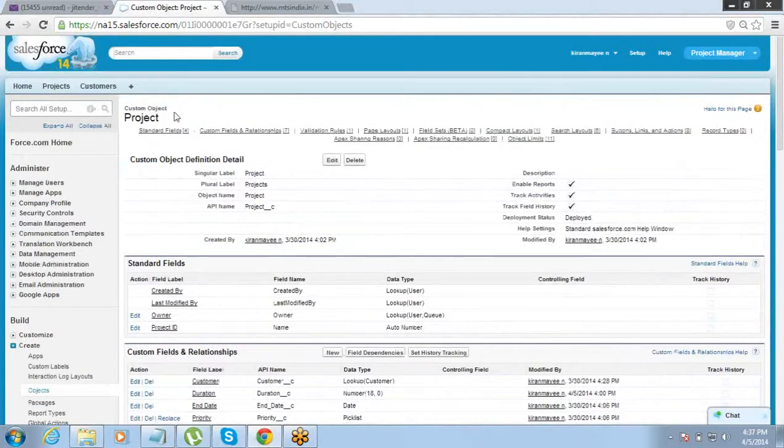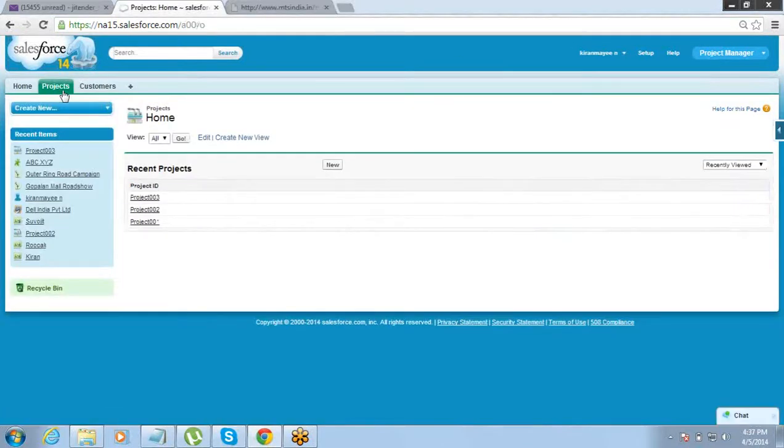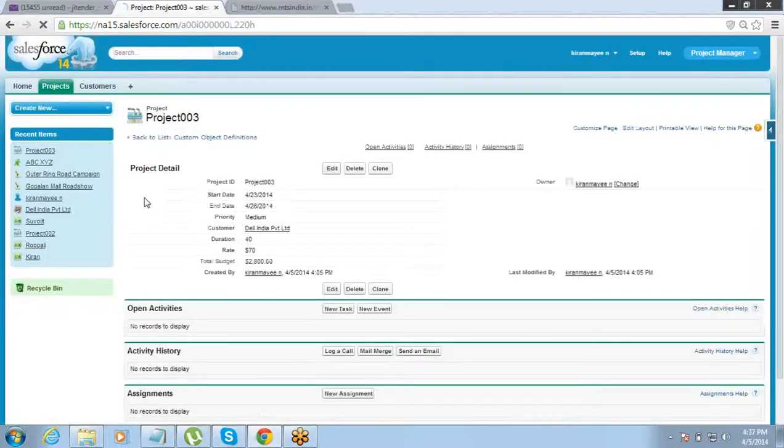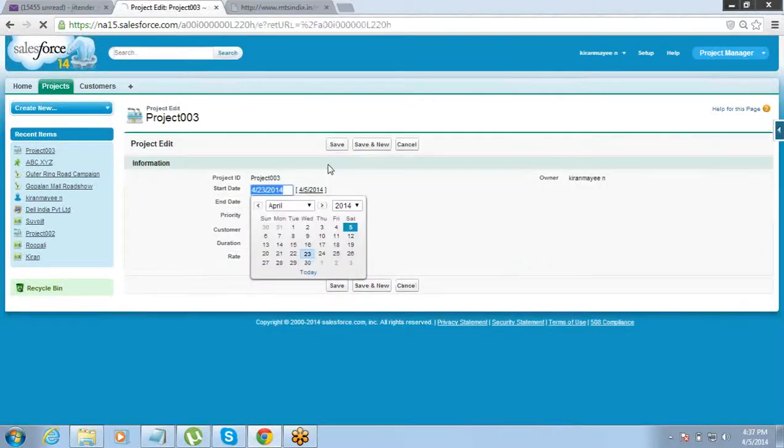Right. So this time if you try to create a project which is less than 20 hours and rate more than 100, then it will create. But if both conditions are true, the duration is less than 20 and the rate is less than 100, then it will not create.